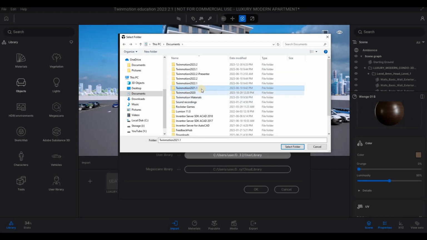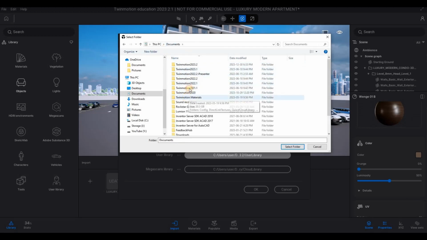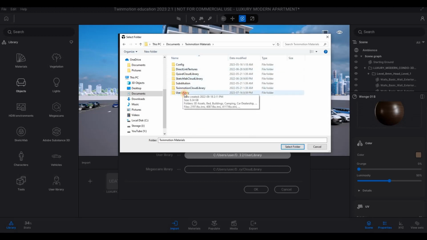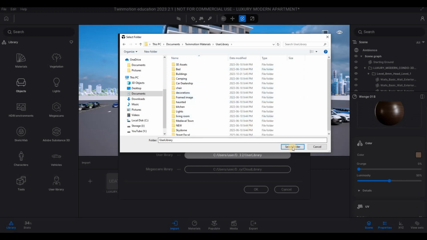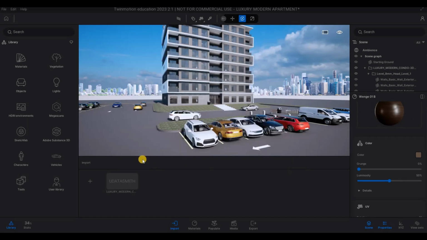So I'm gonna look for it and then see how I'm going to add it there. Actually I put it right here because I know this keeps on changing all the time. So I created Twinmotion materials, and then you just need to redirect it on here. So select folder and then press OK, and then now